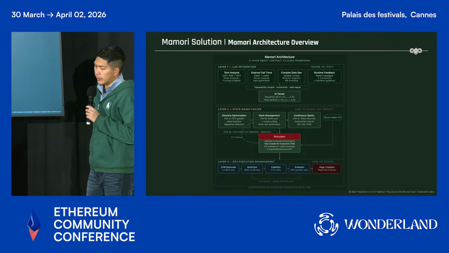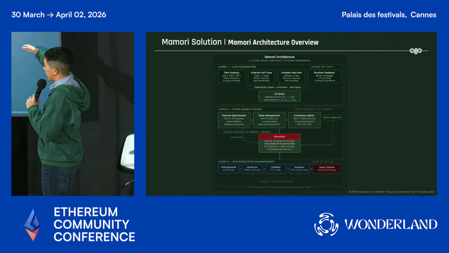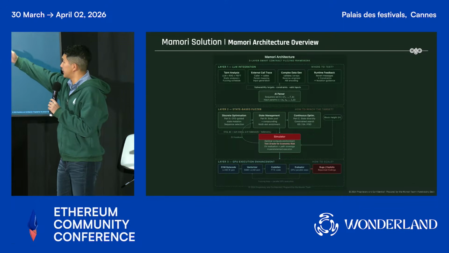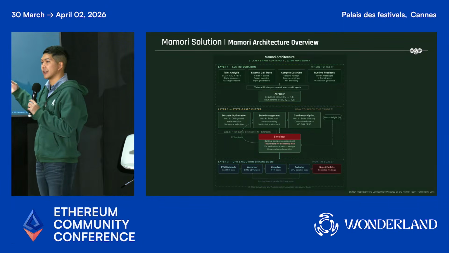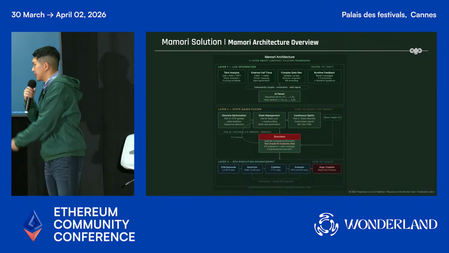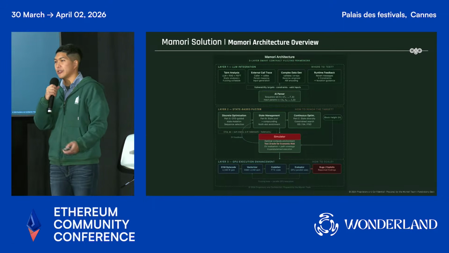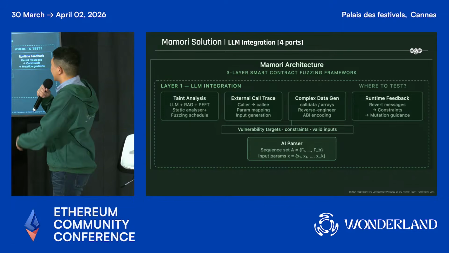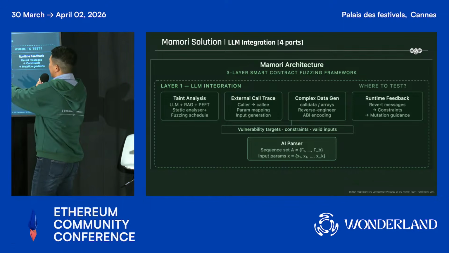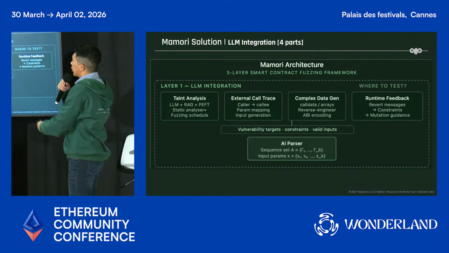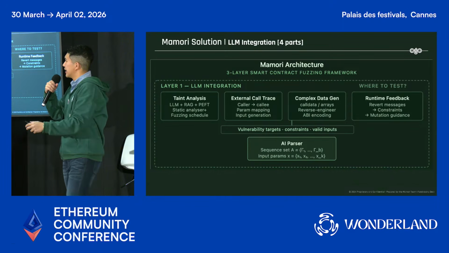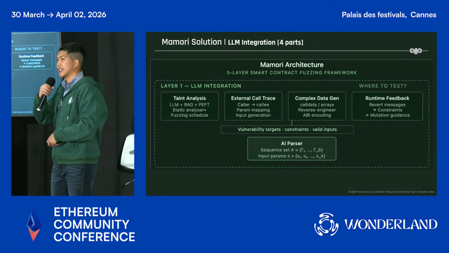The way that we design the mechanism is with three layers. The first layer is the LLM, which is our core topic here, and I will dive into each of it. The second layer is the fundamental fuzzer, basically built to get into the end of the branch. And then we also build something called GPU execution, the EVM execution on the GPU, but that is not about the talk here. So, diving into the LLM component: we have taint analysis, external calls, complex data types, and more importantly the revert type. When we do an execution and encounter a revert, how do we use the LLM to guide us for the next step?